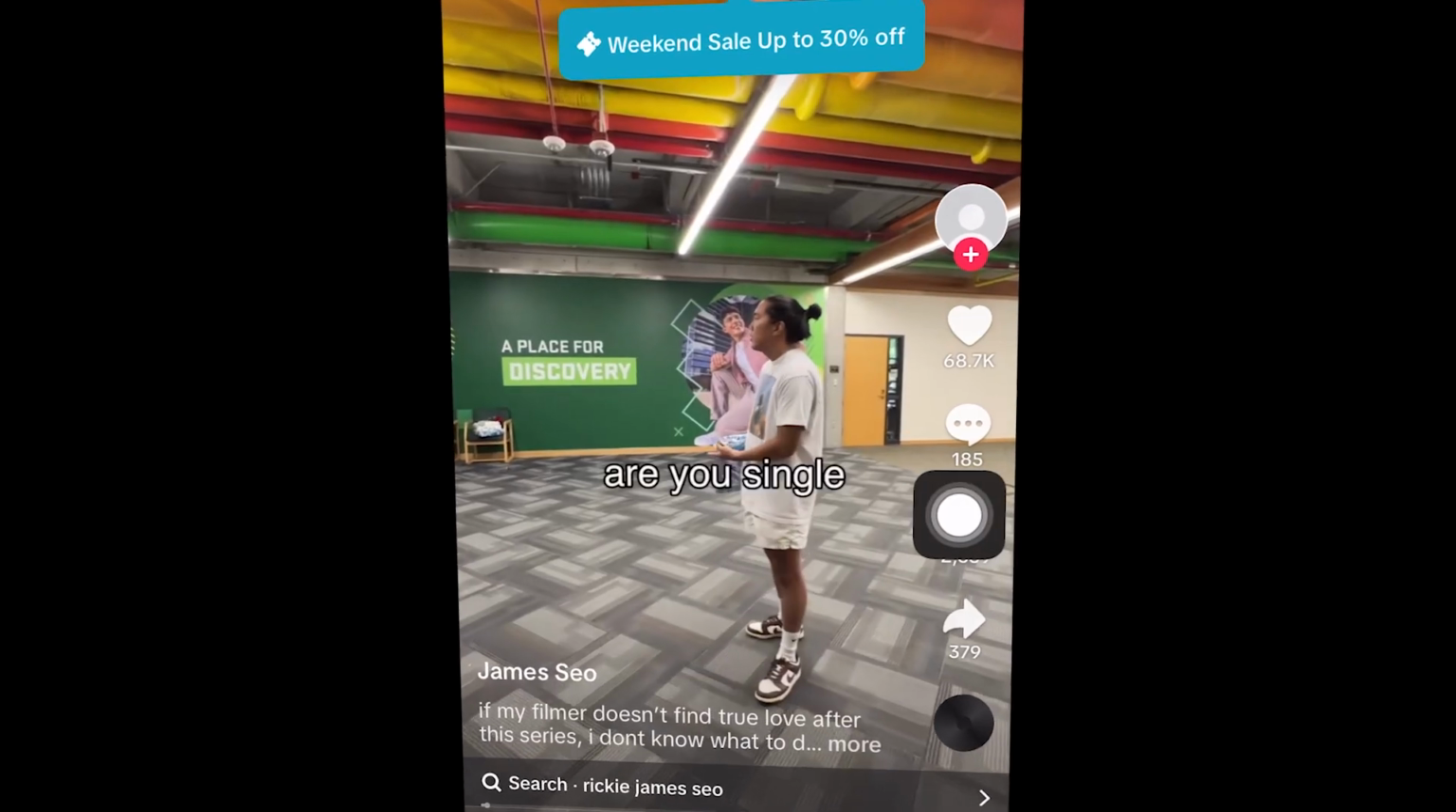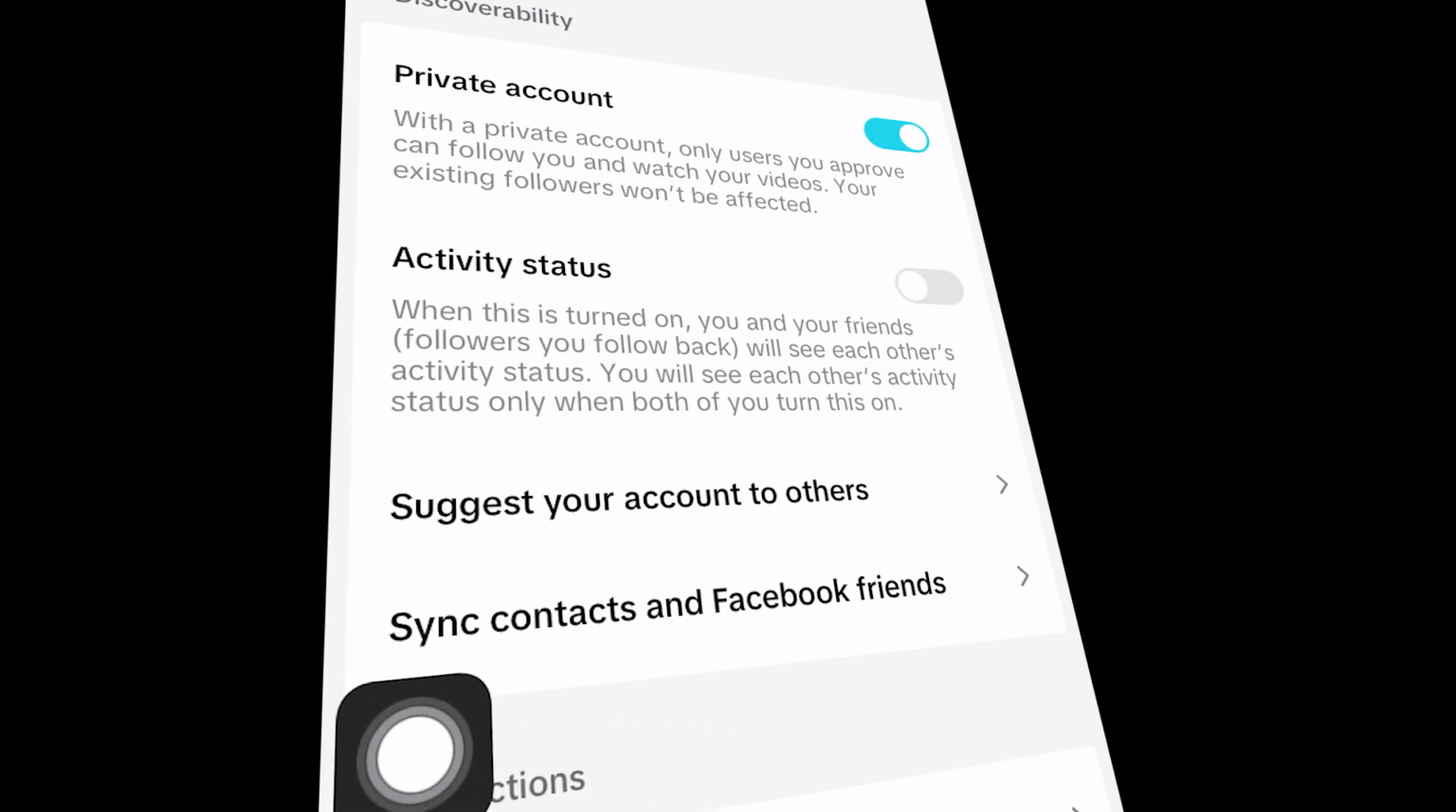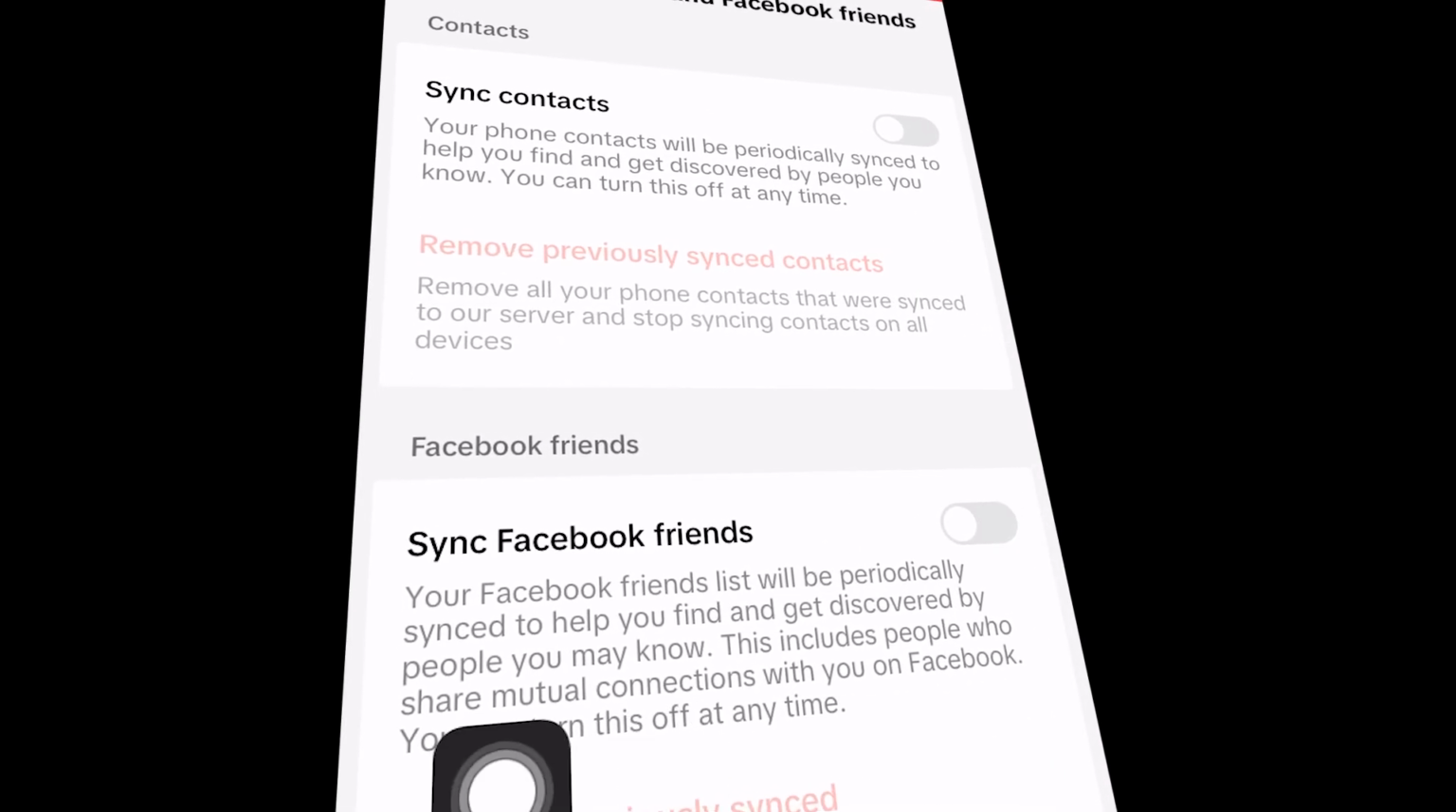This tutorial will show you how to turn off sync contacts on TikTok online social media platform for Windows, Mac,